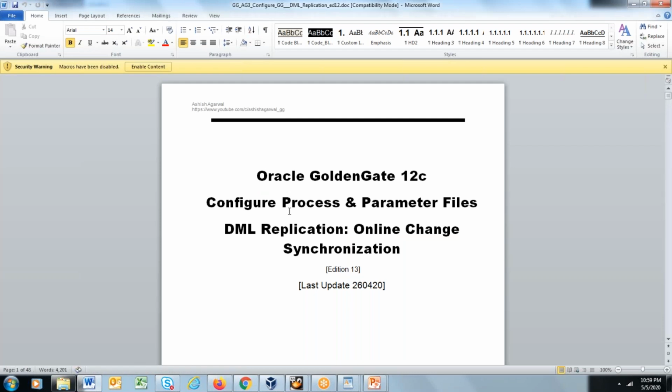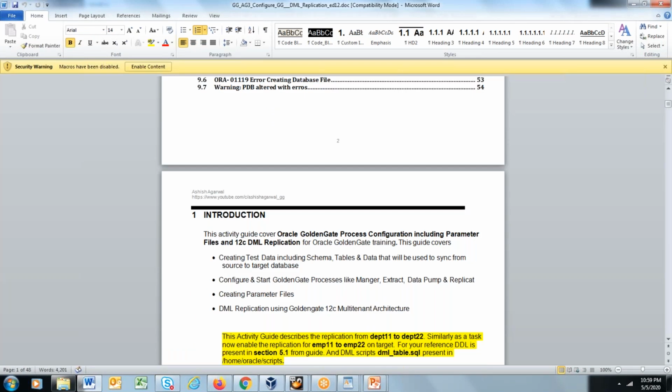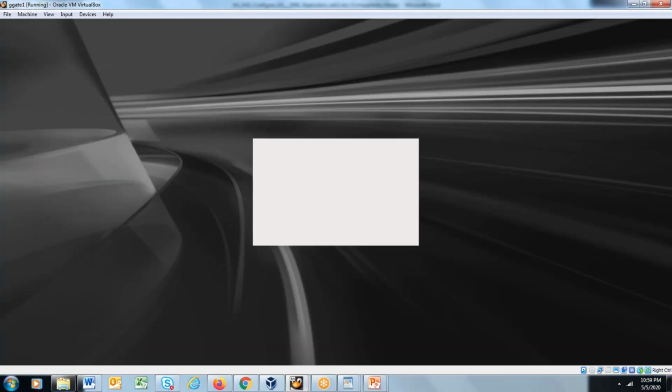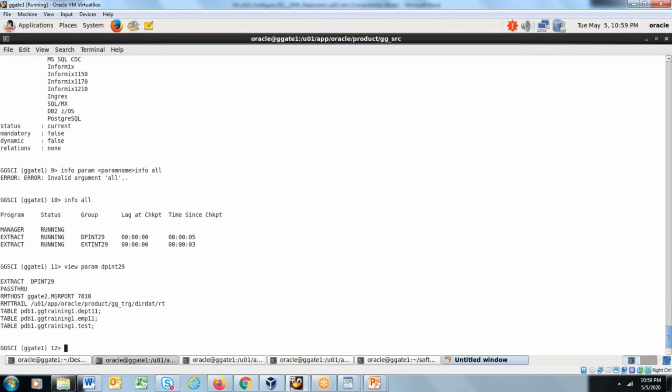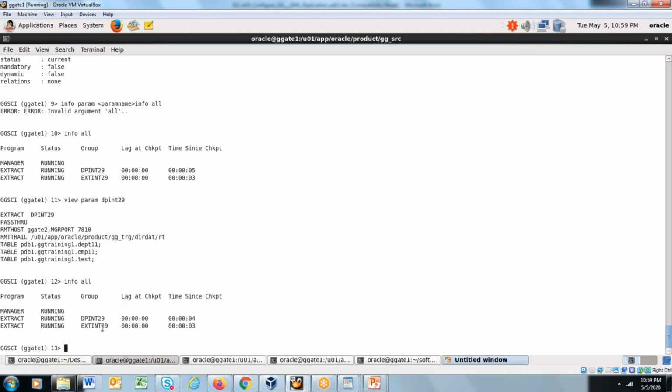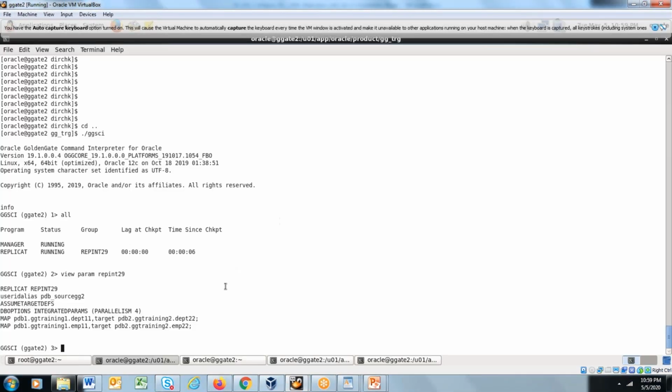What you have to ensure is your GoldenGate setup should be running. In our case, we have set up the extract, data pump, and replicate processes. So we have to ensure our extract is capturing, the data pump is writing the data to the remote trail, and then the corresponding replicate process running on the target machine will read the data from the remote trail and apply it to the target. That should be up and running, and that should be clear. And then we have to move to the parameters related aspect. Parameters are the heartbeat of Oracle GoldenGate.